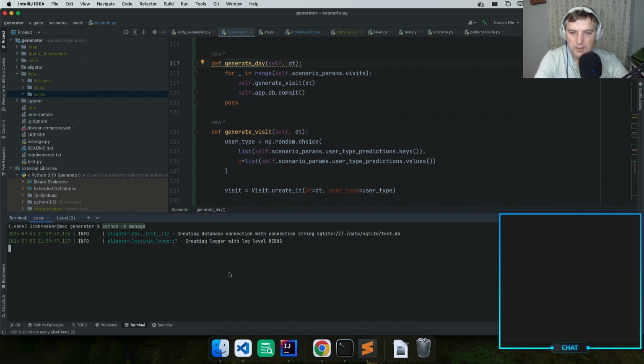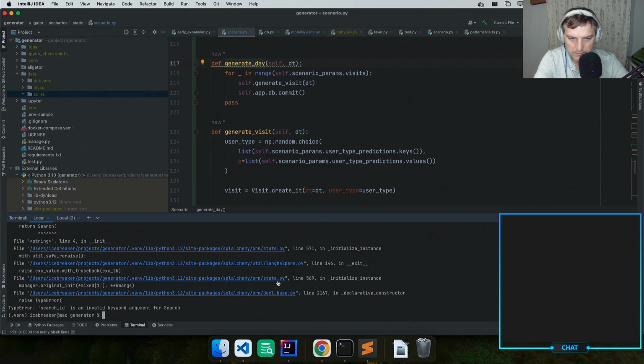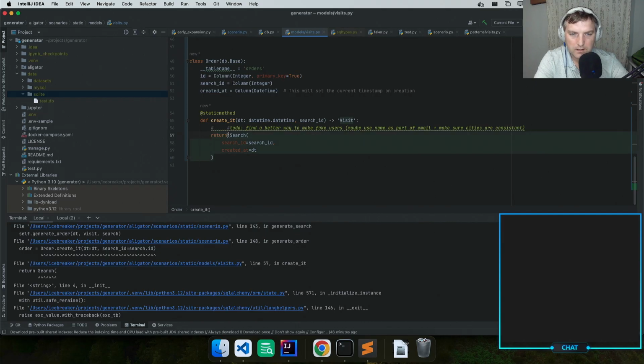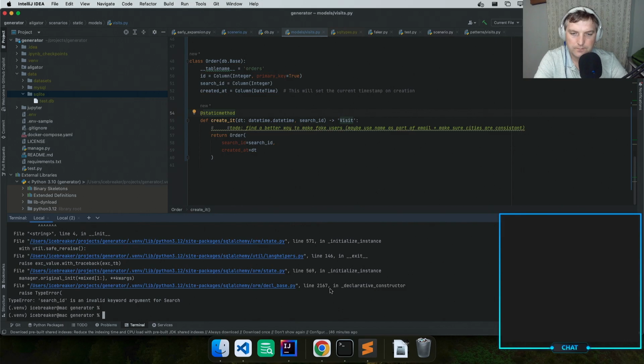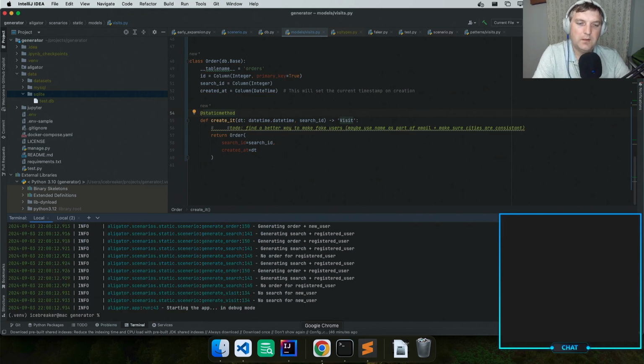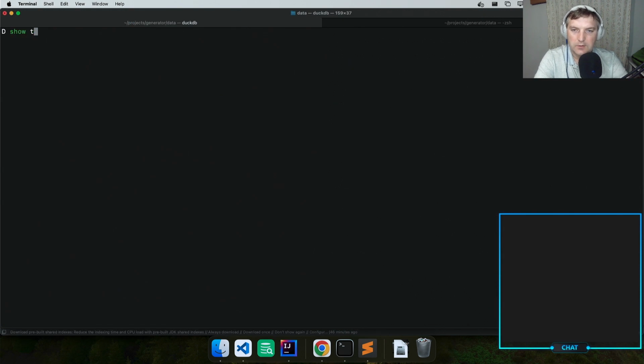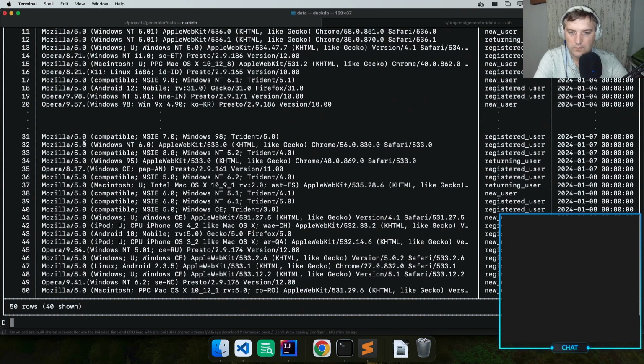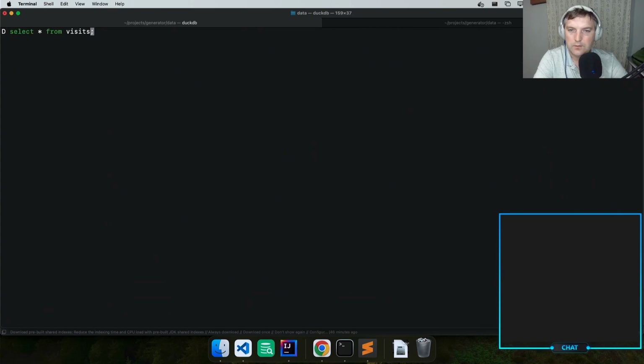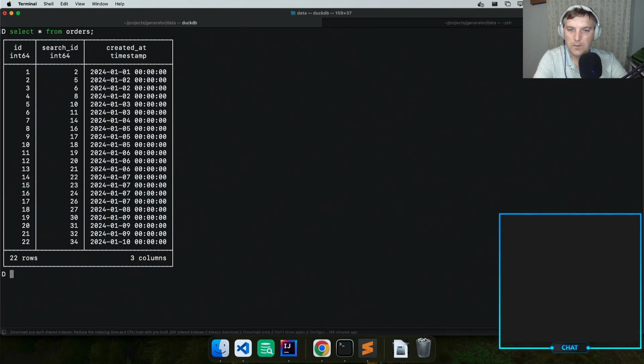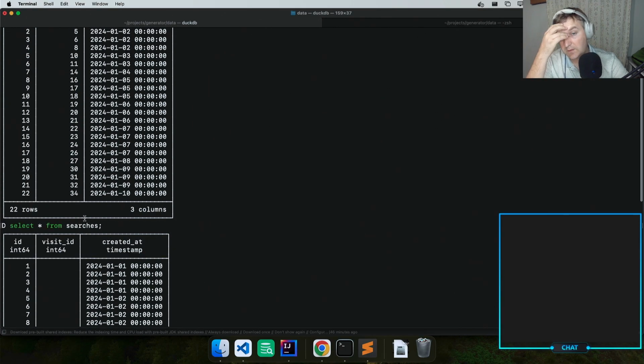So now if I run the image, it's failed. Very good. So let's go into the visit and we say search and search ID, created search ID. And do we have a search ID? Oh, there's not, it's order. It should be order object. My bad. Perfect. So now if we're getting into the database and we're showing show tables, we do have orders, visit, and search. So if we do select star from visits, we do have a bunch of visits that happened. If we go and say orders, we do have 22 orders, and we have searches. We do have 35 searches. So this is our